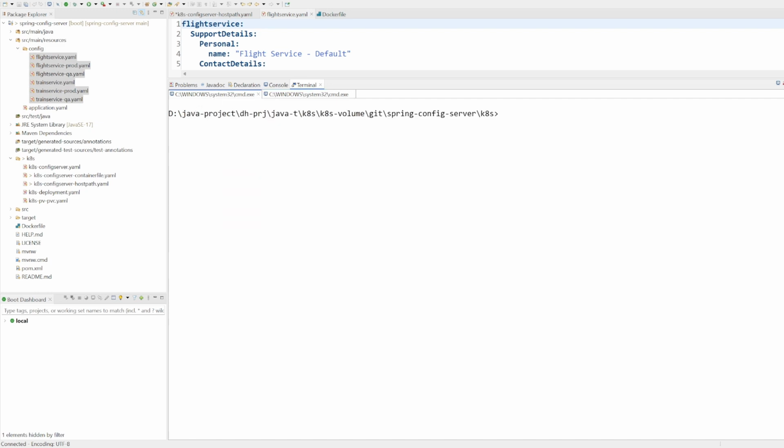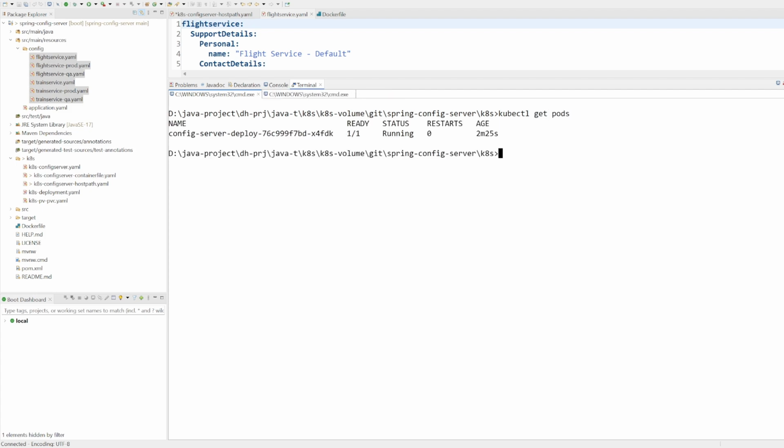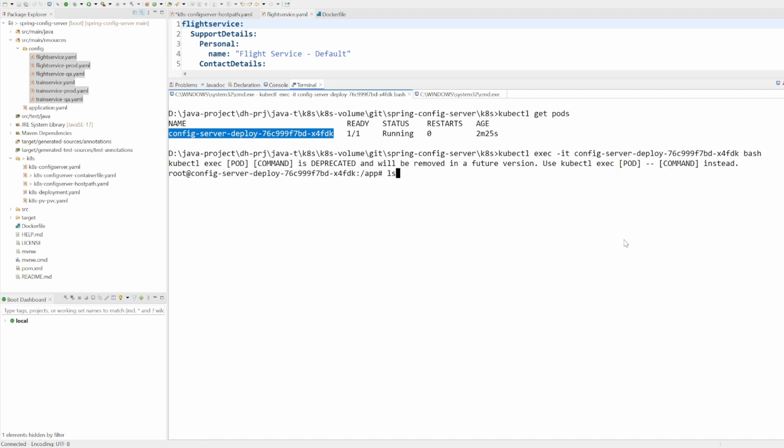Now let us try to see inside the pod as well. So we can open the pod in interactive mode. Get pods, then kubectl exec -it. This is the command that we need to use to open the pod in interactive mode. So I copy the pod name and then I go inside that. If I do ls, I should be able to see what files it has. It is inside the apps and there is a config folder. So I can go inside the config and